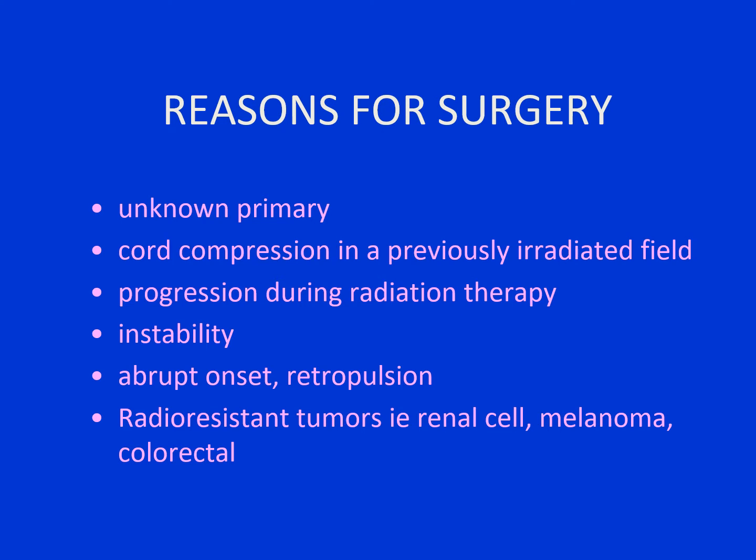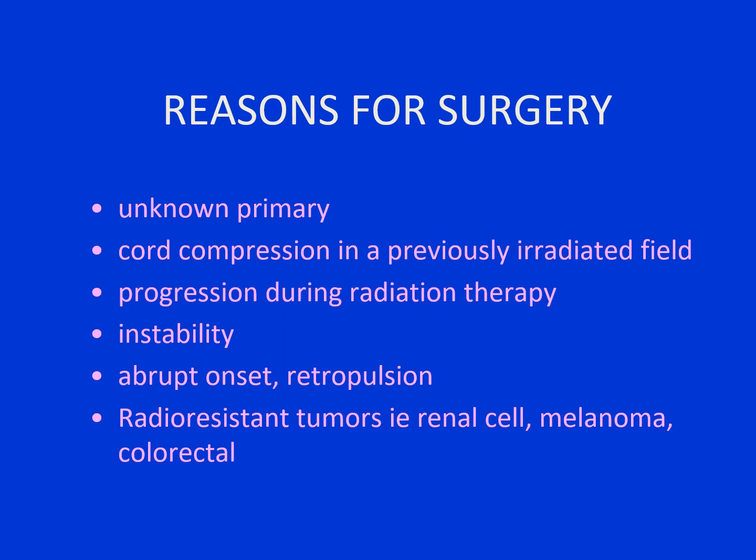Patients who have spinal cord compression in an area that's previously been irradiated need to have surgery. The spine has a very low tolerance for radiation therapy, and you can't come back in and irradiate it. Generally that causes radiation myelitis, which causes spinal cord failure, which gives you the same symptoms as spinal cord compression, and therefore it should be avoided at all costs. Patients who progress during radiation therapy, who have very resistant tumors, those patients should go for surgery. Patients who have unstable spines should go for surgery.